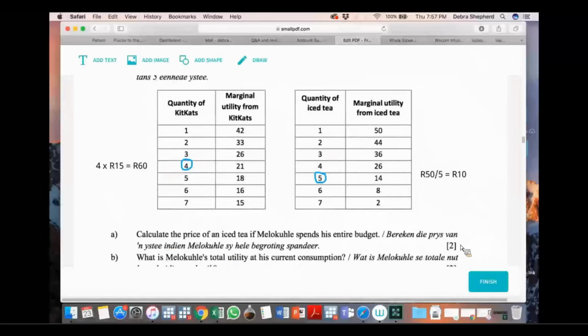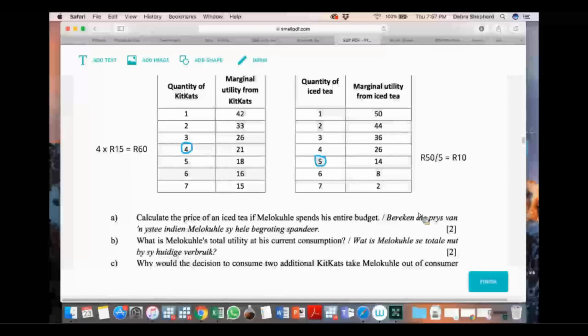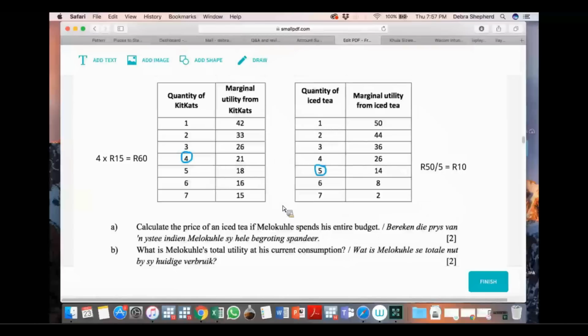And the reason why this is worth 2 marks is because there are a few steps involved in order to get to that answer. Okay, so the important thing is to know that he has to spend all his money. Question B then asks, what is Melo Kuchle's total utility at his current consumption? So this question caused a little bit of issues in the past, which is why I chose it for the revision, because essentially total utility is going to be all the utility he's gotten once he's arrived at this point